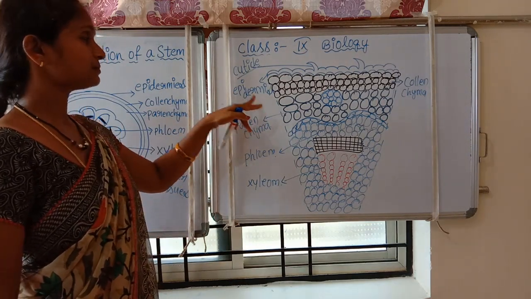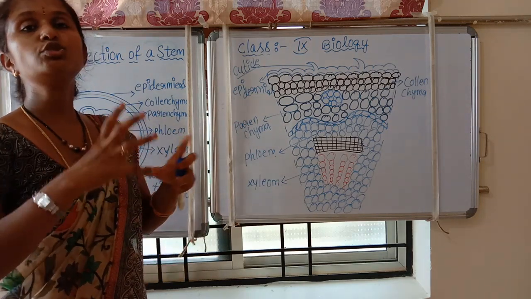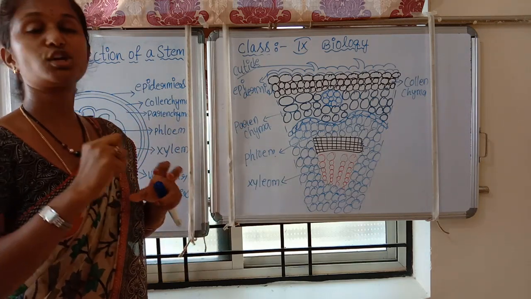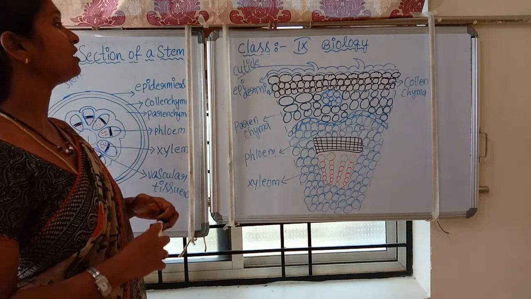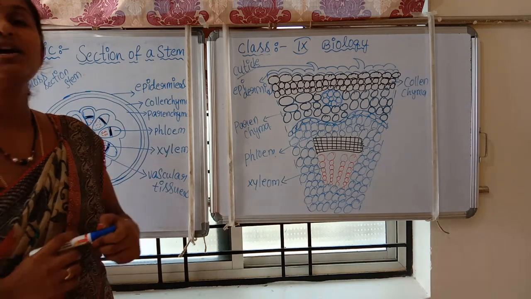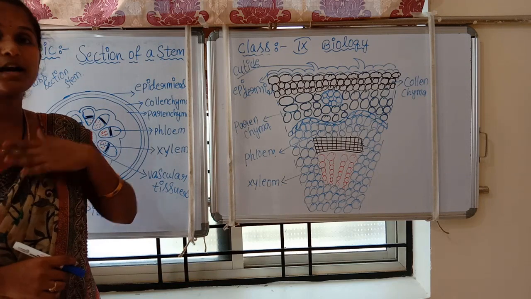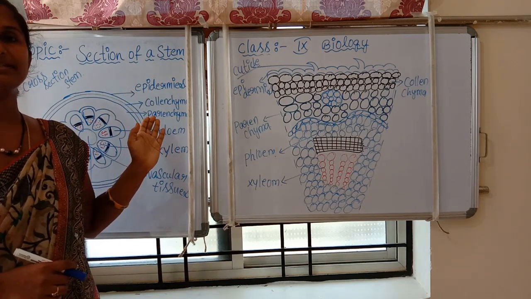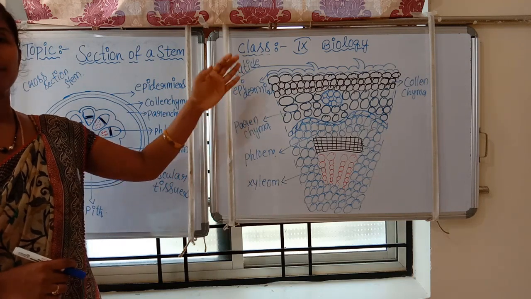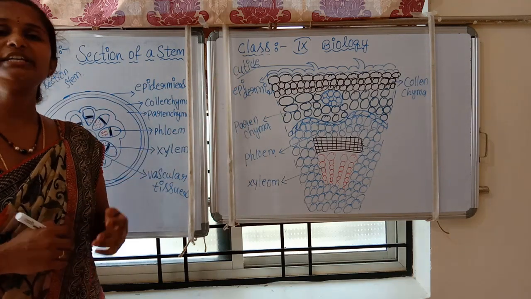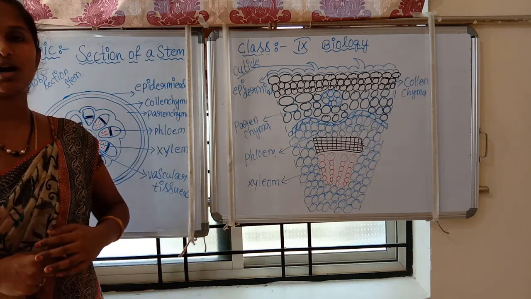And next, the parenchyma has two to three layers of cells with intercellular spaces present in a plant. Yes, children, this is about the section of a plant. When we did that activity under the microscope, I observed the cross section and transverse section of a plant stem. You can take any different type of plants, and these sections you will observe.